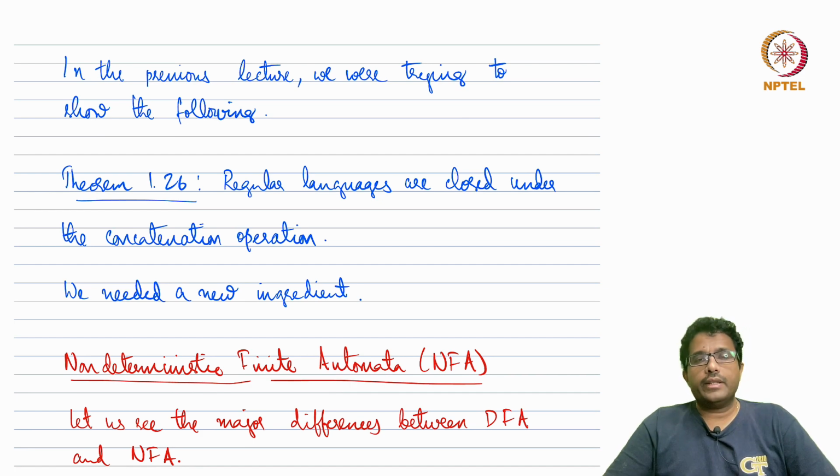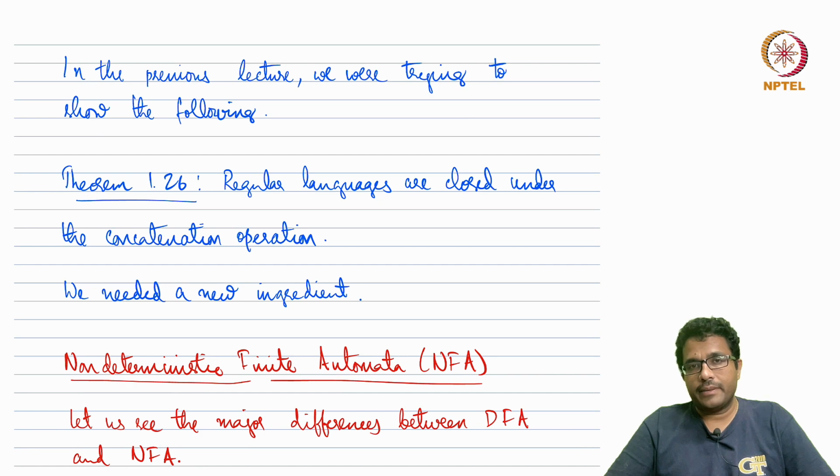In week 1 we saw the introduction to the course. We saw deterministic finite automata, DFAs. We saw that the languages recognized by DFAs are called regular languages, and then we saw some closure properties. We saw that regular languages are closed under complement. And then we saw that regular languages are closed under the union operation, and then we said that there are operations called union, concatenation and star, which are called regular operations, and we said that regular languages are closed under